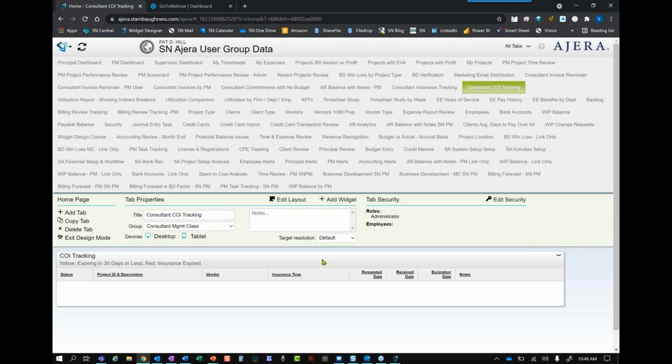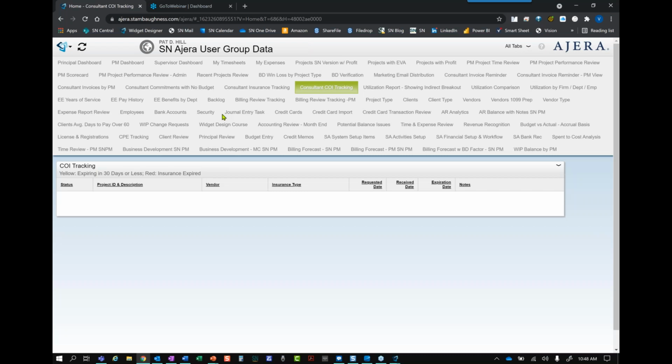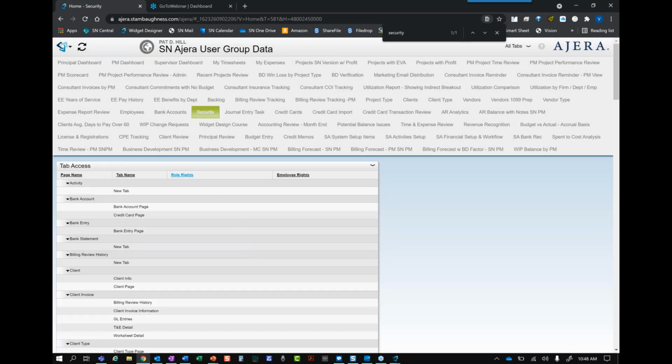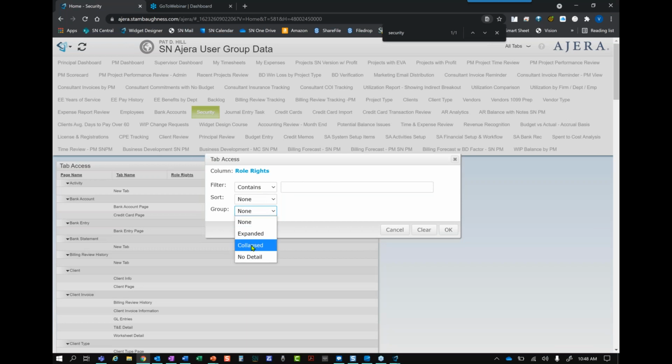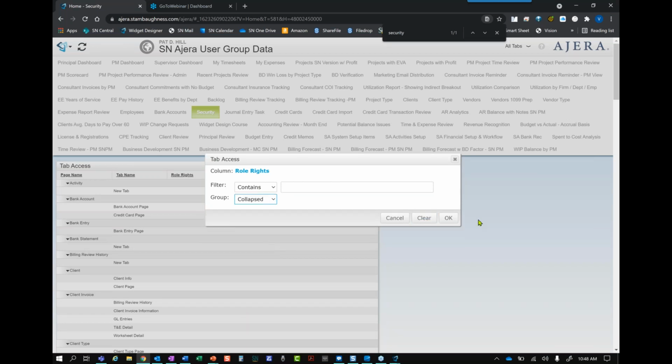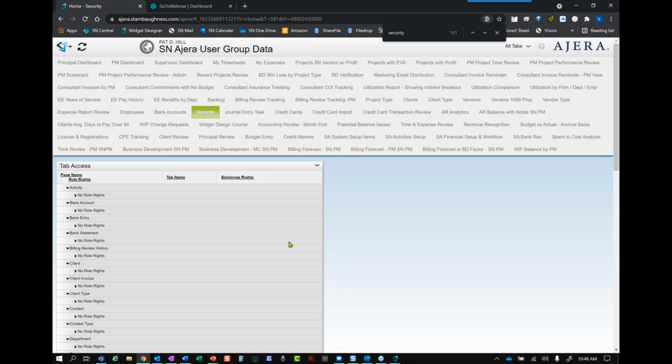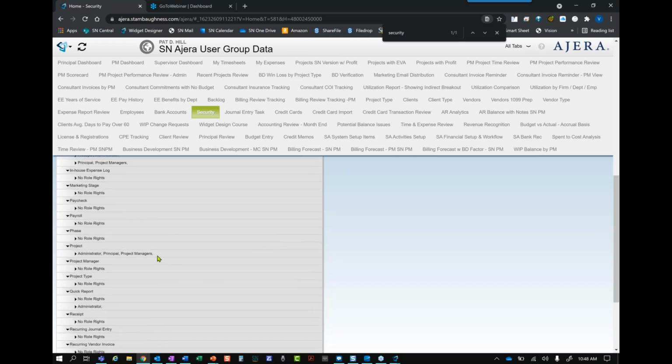The other thing too, and I don't know, Val, if you were planning to show it, but to help those who maybe are currently doing it by person versus role, there's the security tab, which shows what is assigned to people in the moment. So this can help out, especially if you have a lot of tabs or dashboards. You can very quickly see which tabs are assigned to which person.